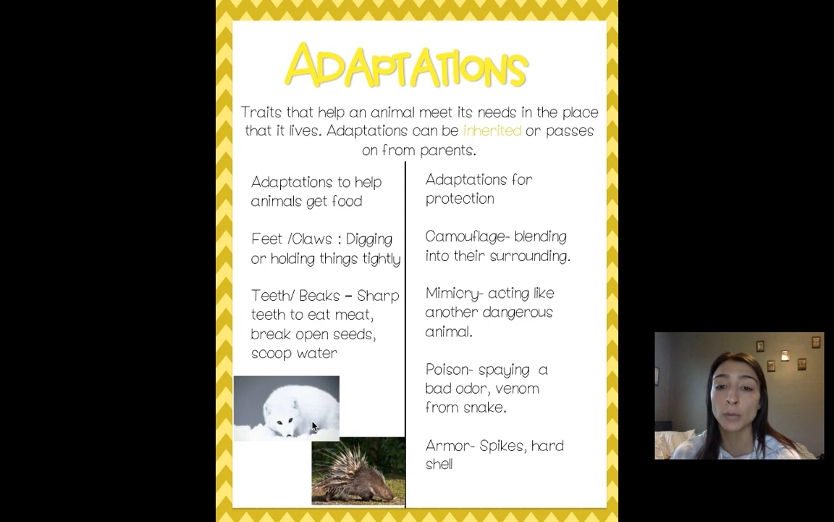And the last one would be armor. So if you look at our little porcupine down here, or you think of a turtle, their shells protect them. And a porcupine, if something gets too close to it, it can shoot out its spikes so that way no one gets too close, so it won't be able to hurt it. So our adaptations are traits that animals have that help them meet their needs of getting food and